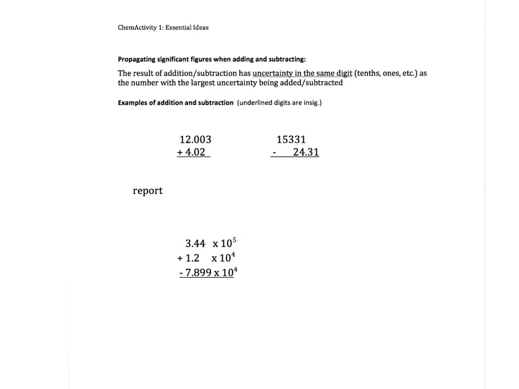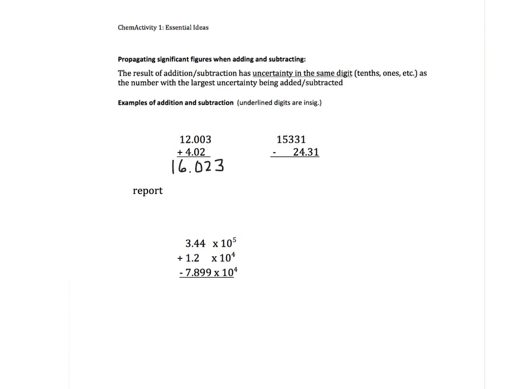In the first number, it's actually in the thousandths place. And so this is a larger amount of uncertainty because it's in the hundredths place. So that means that when we add them together, the value that has the uncertainty has to be in the hundredths place. So if we add these two together, we get